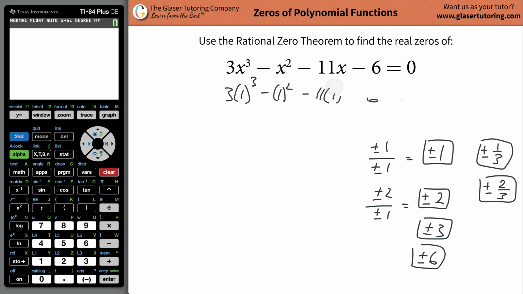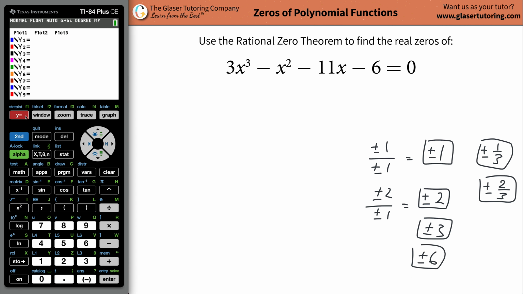So I wouldn't really recommend using this, really. Honestly, you've got to know the theorem, but are we really going to use it? Probably not. So go to your calculator and plug that function in. We're going to do 3x raised to the third, minus x squared, minus 11x, minus 6,